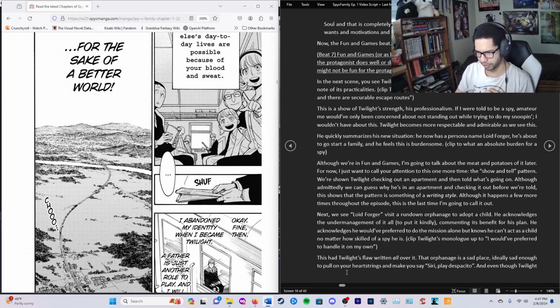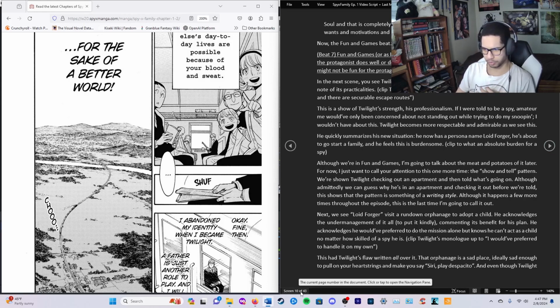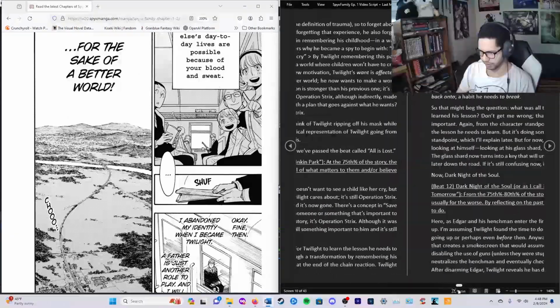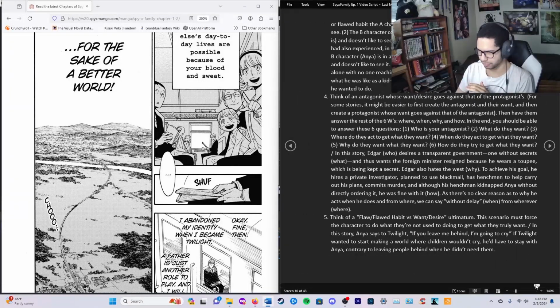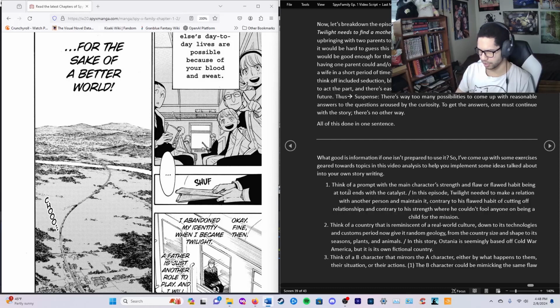How far are we? We are on page 10 of 43. There's still so much to go, so I'm going to stop here, but there is one thing at the end that I want to end with, rather than just a plain stop. I want to end with the prompts I have. All right, so,